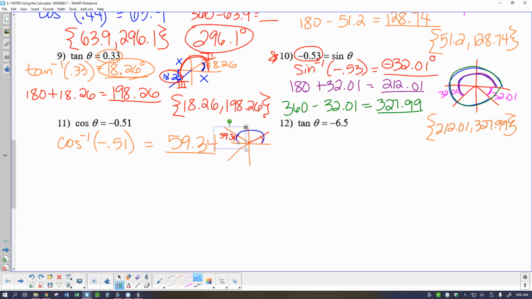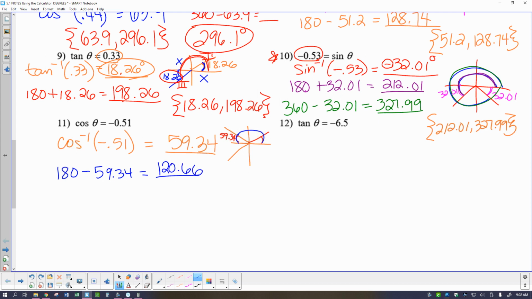If I finish this off, that gives me 180 degrees. So I'm going to start with 180 and take away this 59.34, and that'll help me get the correct answer for the second quadrant. So I have to subtract 59.34 to get one of my answers. That answer comes out to be